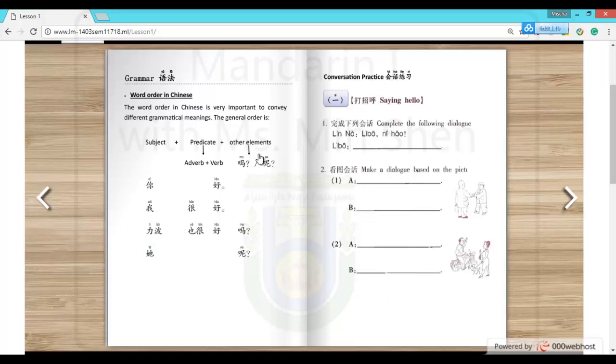So this is the very basic grammar of lesson 1. You should know that an adjective can work as a verb, and the order is always subject before predicate. And if there are two adverbs together, pay attention to the order of the adverbs. 也 always before 很. 嘛 after a completed sentence to make a yes or no question. 呢 after only words, not completed yet. An incompleted sentence, or you can say yes, and with 呢. Both of them are yes or no questions.